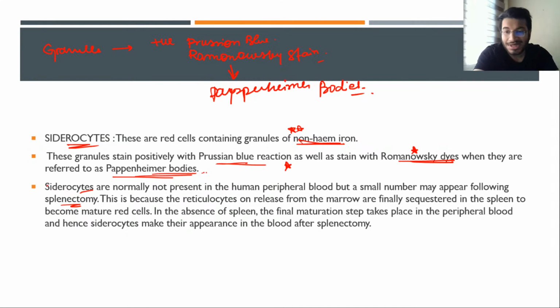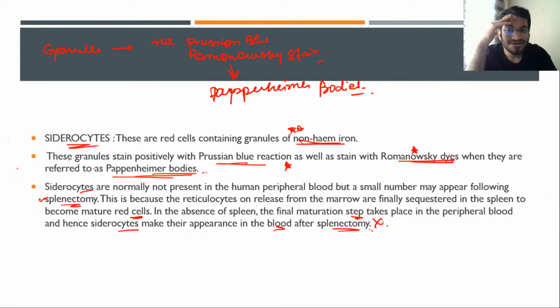If the patient has done splenectomy, right? Splenectomy हो चुका है. A splenectomized patient will be having this sideroblastic anemia और siderocytes दिखेंगे, right? This is because the reticulocytes on release from the marrow are finally sequestrated in the spleen to become the mature red cells, and if the spleen is absent, then the final maturation steps will not take place in the peripheral blood, and hence siderocytes may appear in the blood after splenectomy,